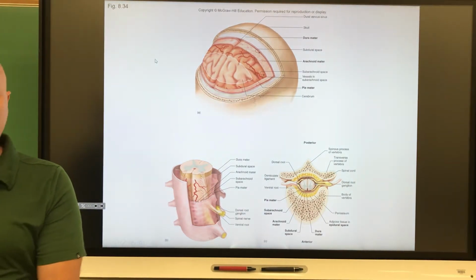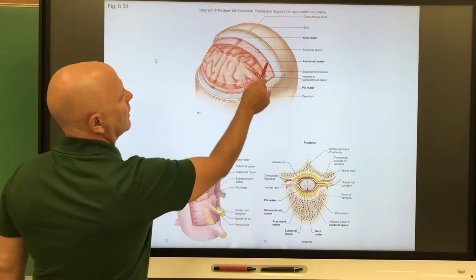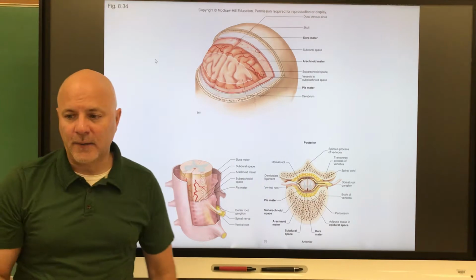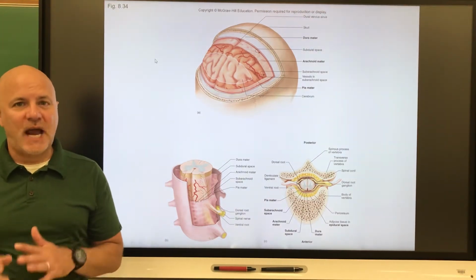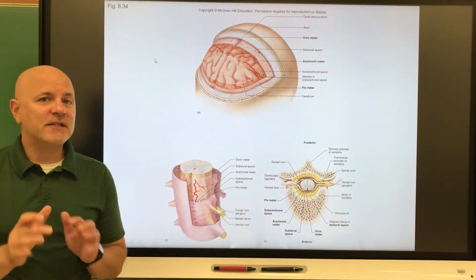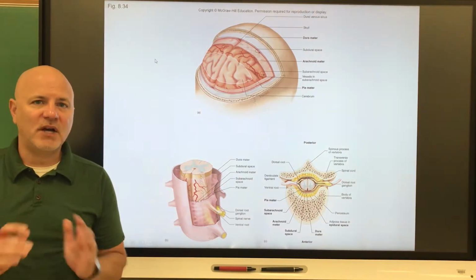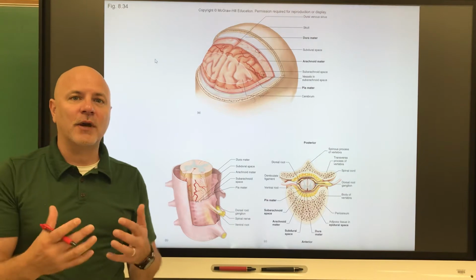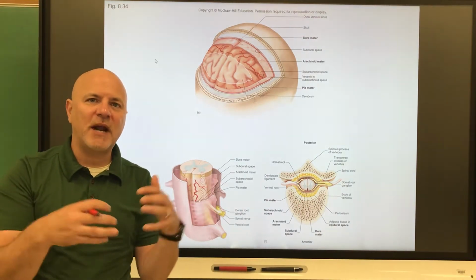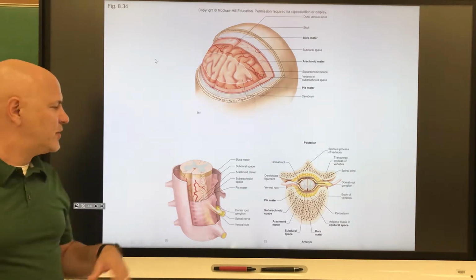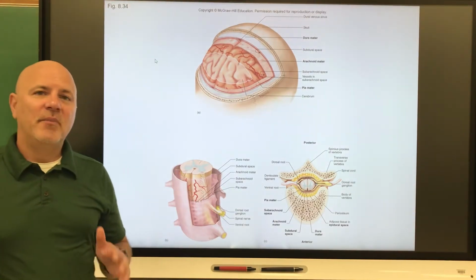All right, so the first layer, the outermost layer, shown here in that really whitish color, that's the Dura Mater. So Dura Mater is the outermost layer of the meninges. It is made of a tough fibrous connective tissue covering. So anytime we have a tough fibrous connective tissue covering around an organ, it's going to prevent infections from spreading into that organ, right? So this is our main defensive function for our brain and spinal cord, because we don't